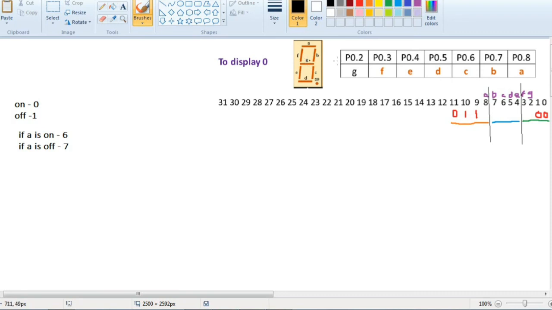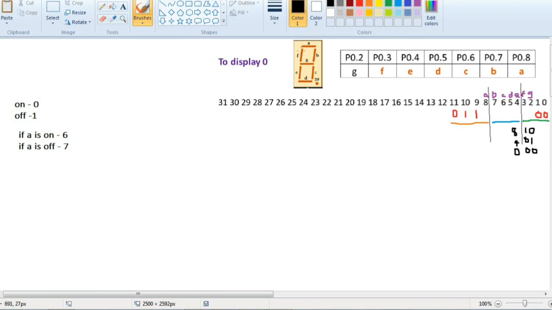So the three possibilities here are 1 0, 0 1, or 0 0. 0 0 means both are on. 1 1 cannot happen, because in none of the combinations do we have both F and G off. So we have these three combinations. 1 0 0 means 8, 0 1 0 0 means 4, and 0 0 0 means 0. So 8, 4, and 0 for these corresponding bits.